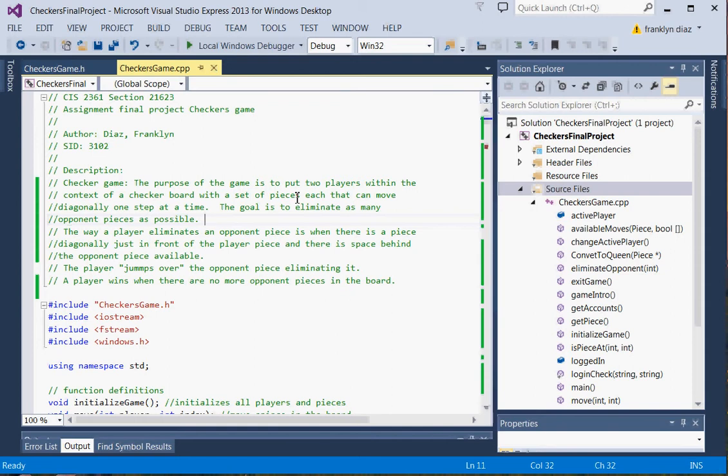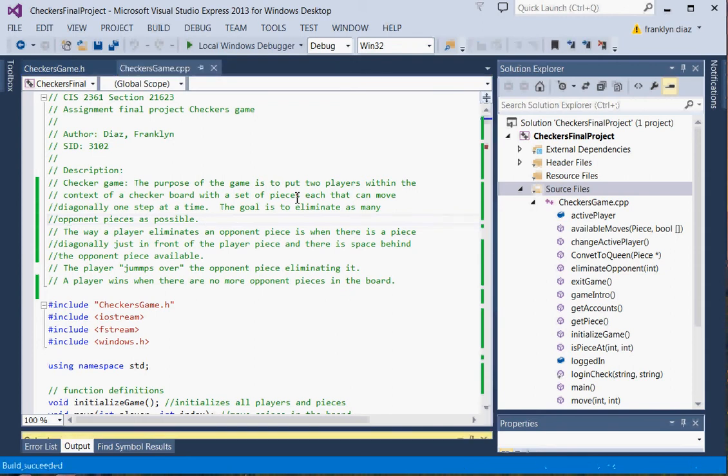So right now I'm going to start the game, and as you will see, the introduction will tell you that there is no